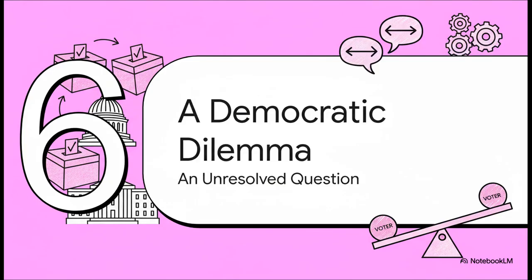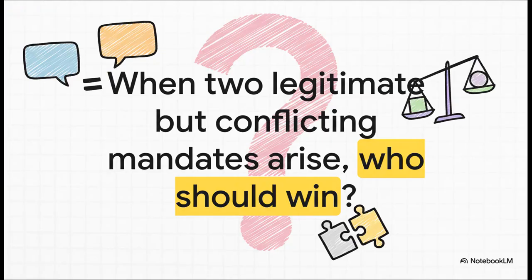This whole messy situation, it isn't necessarily a flaw in the system. You could argue it's a feature. We, the people, create these complex outcomes with our votes. The system is often designed to have these competing centers of power, these checks and balances. So I'll leave you with this one final thought, because there really is no simple answer.